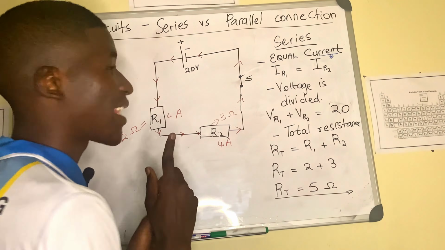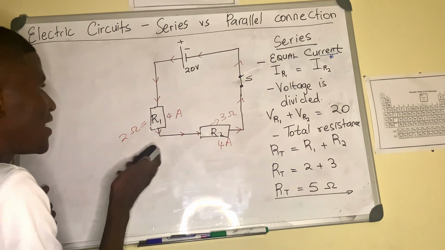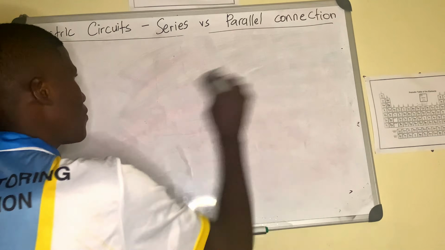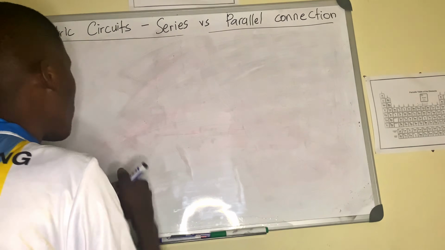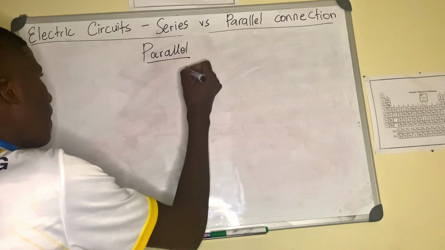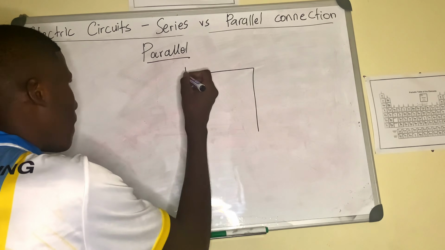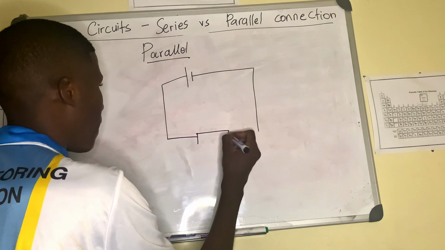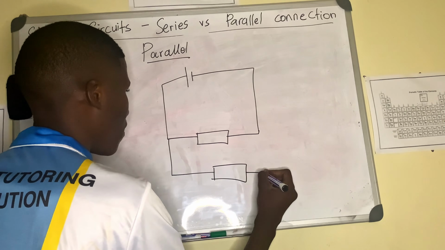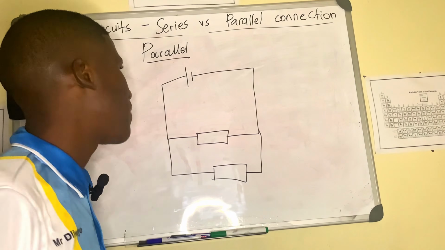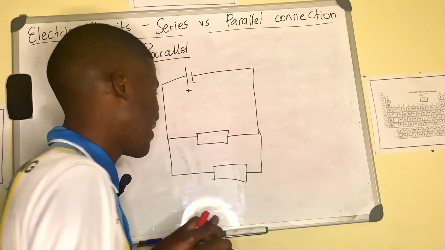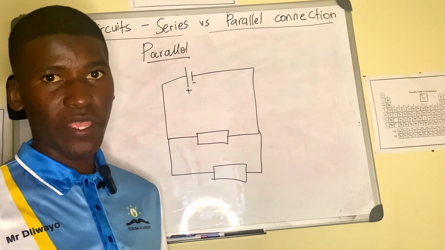Now, let's look at a parallel connection of a circuit. When we say that now we've got a parallel connection, what is the difference? All right, here is a parallel connection of a circuit. Positive terminal, negative terminal. Let's use arrows. Guys, learn to use these arrows to help you see what's going on if you cannot.